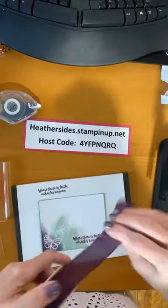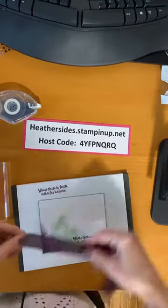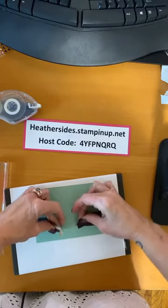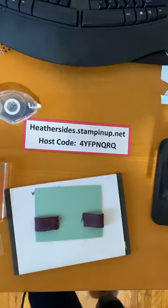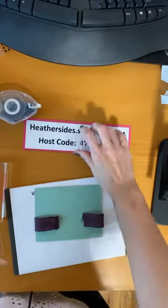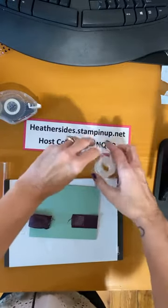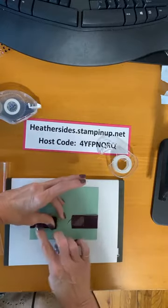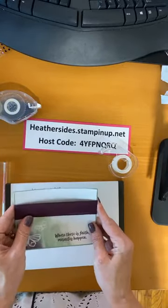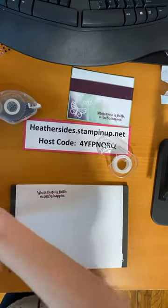So we're going to take a little bit of this ribbon. Well, we're going to take the rest of what I have actually, and we're going to just wrap it around, and you can just tape it on the back. Nobody's going to see this part of your card, so you might as well make it easy for yourself. I just like to take some Scotch tape and pull your ribbon nice and tight, and stick it on there. See, now it's going to stay where I want it. Set that aside, and now we're going to take, let's see,